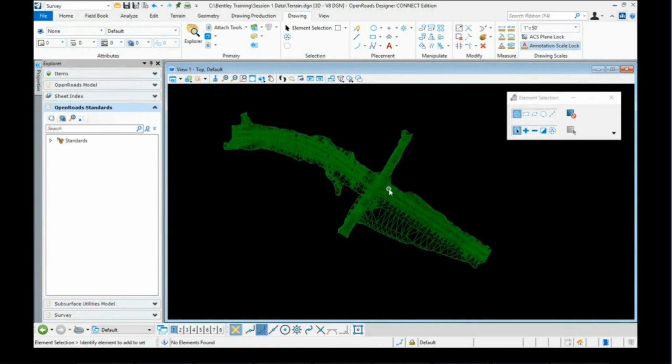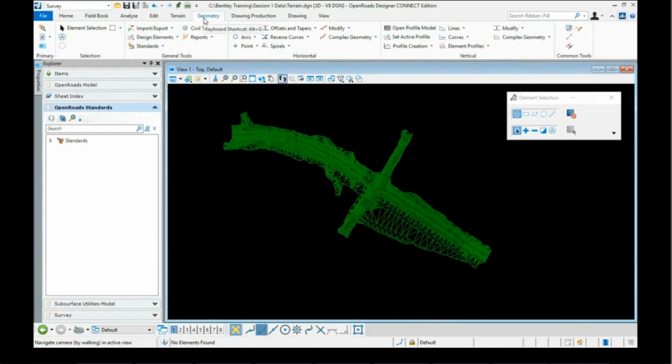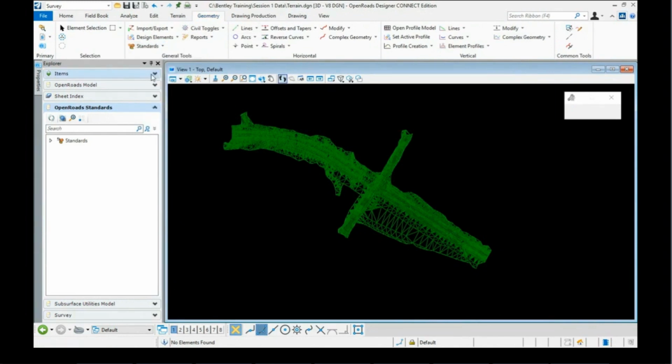Last thing I want to do before I leave this file, I want to go ahead and give this a good feature definition, make this a good civil element, and so I'm going to hit the Geometry tab here, still in the survey workflow, and under the standards here, we're going to hit the Set Feature Definition field. So we're going to give this terrain a new feature definition, and the feature definition I'm going to